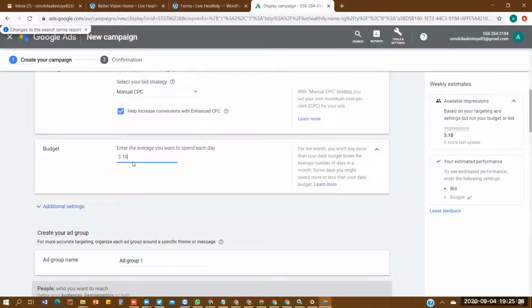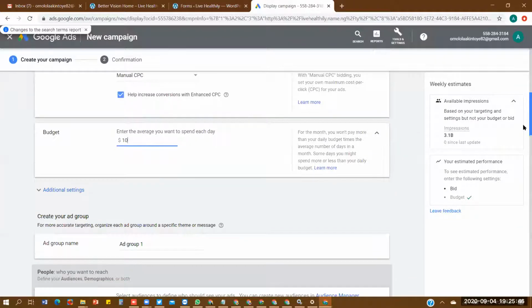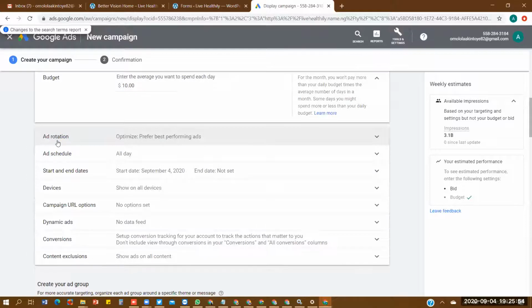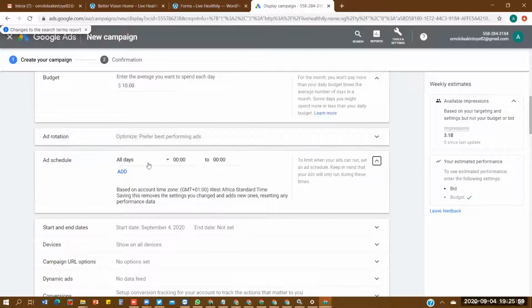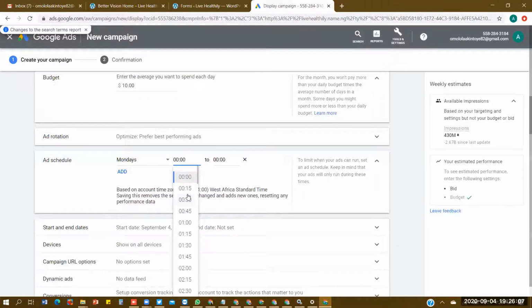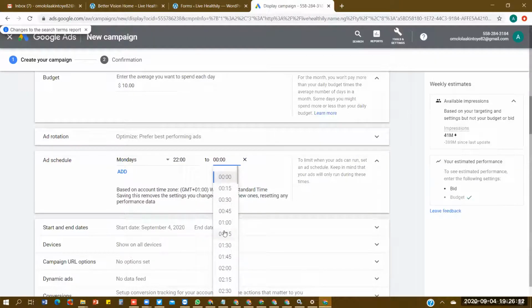So for example, I am choosing $10 for my daily budget. Now, you can choose to go ahead and add some additional settings like ad rotation, ad schedule. If you don't want your ad to run all day, you can set the time you want your ads to run. For example, if you want your ads to run on Monday, probably from 10 p.m. in the evening at night to